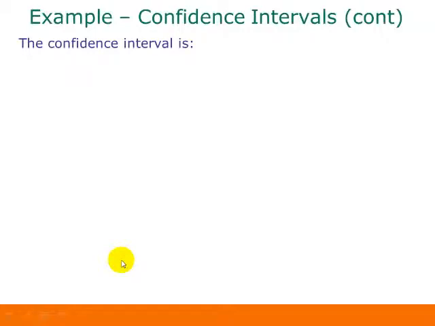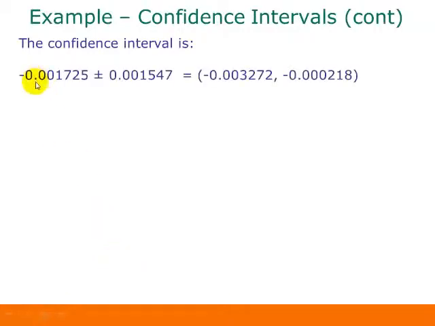Okay, so our confidence interval, we're taking our point estimate, which was the difference between our two sample proportions, plus or minus our margin of error. So when we do that, here are our two limits for our confidence interval. We have negative 0.003272